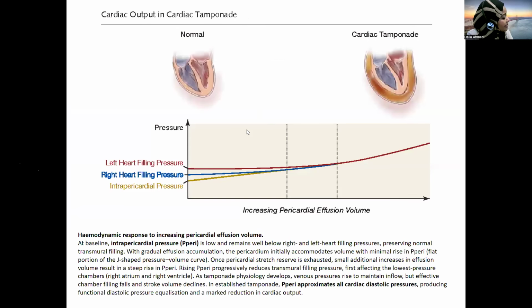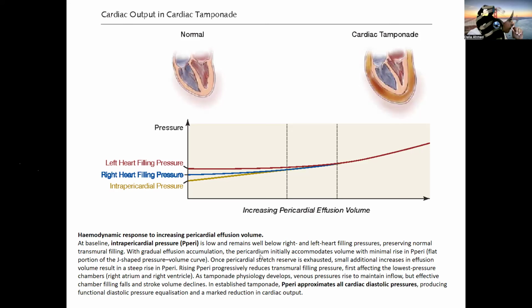And this is quite an important graph, and it tells you the different phases of the pericardial tamponade. So at baseline, this is the first phase of pericardial tamponade. The intrapericardial pressure is quite low. It remains well below the right heart filling pressure and the left heart filling pressure, and this allows the chamber to dilate during diastole, to fill in, and that also maintains the transmural pressure of